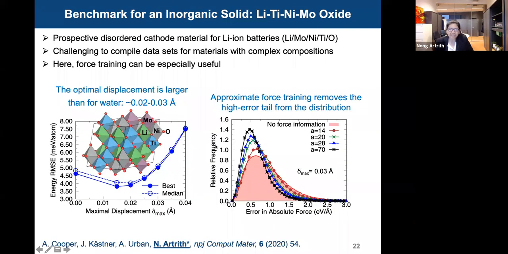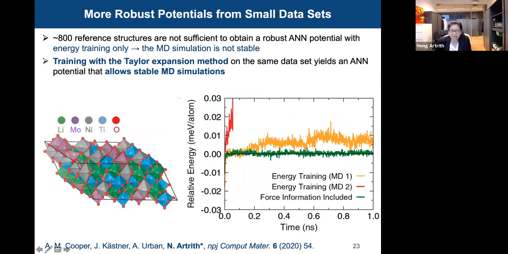So for example, in this case, this is the lithium cathode. Battery materials contain 5 chemical species, so we cannot use all atomic forces and many different structures in the training set. So we use the Taylor expansion method. It already shows a good performance. And we demonstrate here using 800 DFT reference data of this complex 5-chemical-species lithium cathode material. Looking at the training, we use energy training only, and we try many different fits,